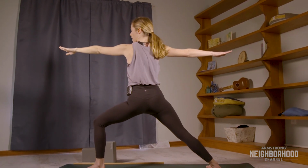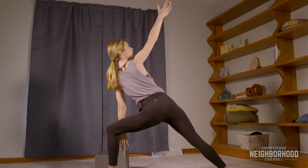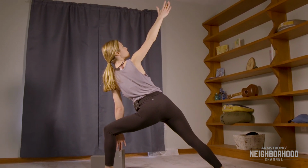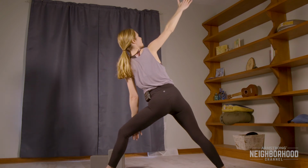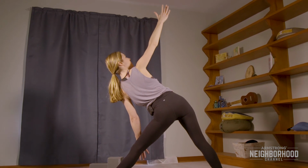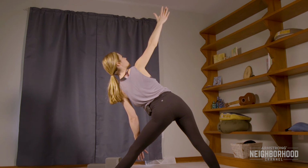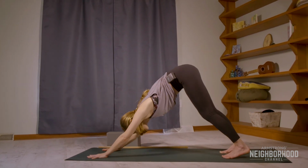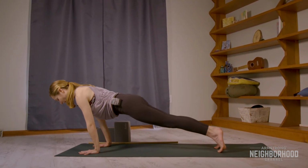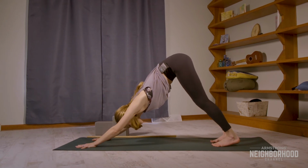Inhale, warrior two. Exhale, hinge forward. Inhale. Exhale, bent knee triangle. Straighten the front leg, extended triangle. Inhale, lift to warrior two. Exhale, cartwheel to the mat, down dog. Inhale, high plank. Exhale, chaturanga. Inhale, up dog. Exhale, down dog. Take a deep breath in